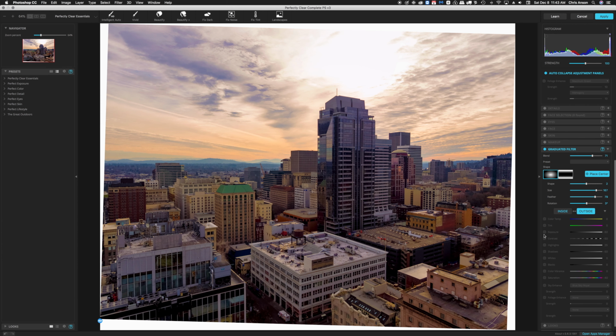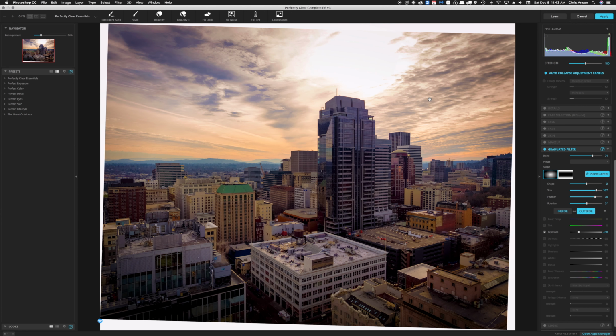So now I'm going to turn exposure back on, and exposure affects how dark or light the outer edge of the vignette is. Contrast will affect the midtones, darkening or lightening them. In the case of highlights, I brought the highlights up a little bit in the outside, shadows down to -50,